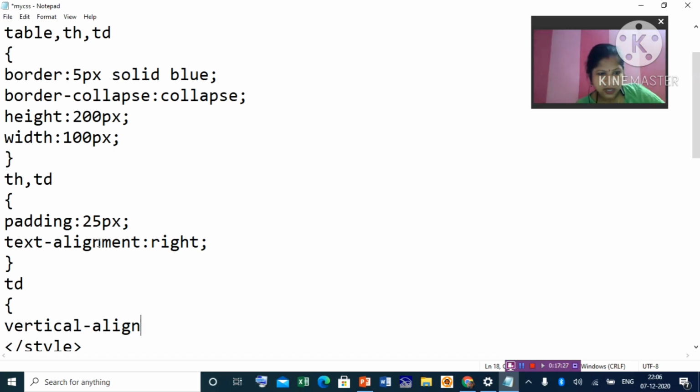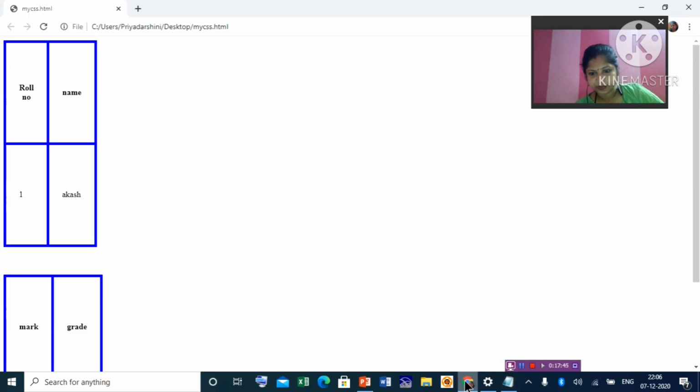Sorry, it is not alignment, it is vertical-align only. Give the value bottom. See, the data comes to the bottom because I have given it to TD, not to TH. So first row no change.